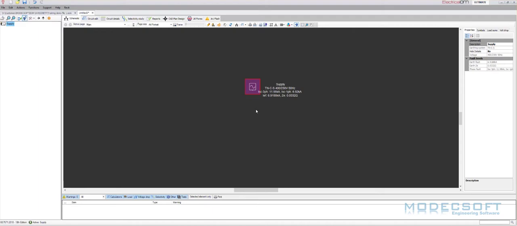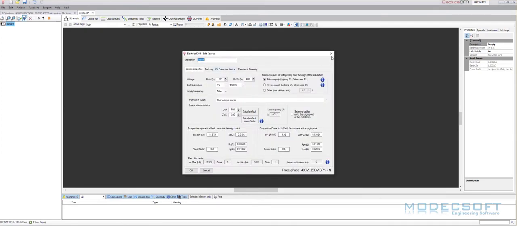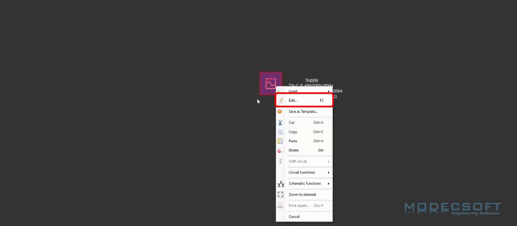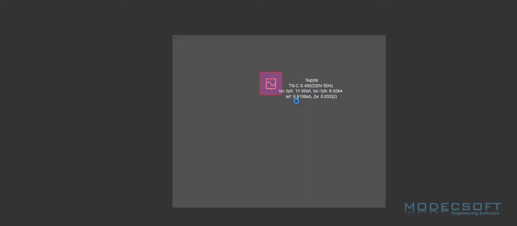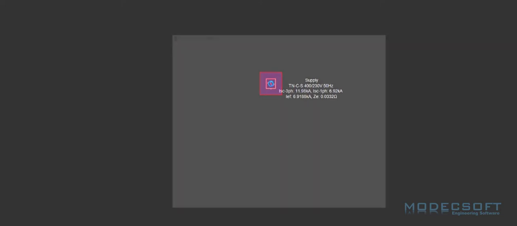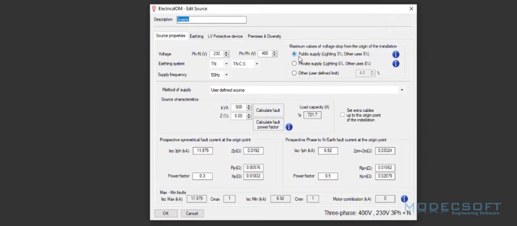Any of our source properties can be set by either double clicking to open up the source menu, right clicking and using the edit menu, or selecting the object and pressing F2 on the keyboard. Depending on the type of source we have selected, the options that you will see here on the source properties